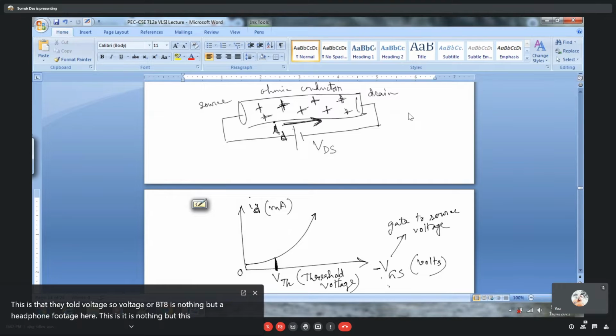So what is drain current? It is ID, in milliamperes. Now, this drain current can only flow if you provide this gate to source potential, because for an ohmic conductor we know if there is a potential difference between two ends of the conductor, then only there is a current flow, otherwise there is no current flow. So you need to provide a gate to source potential. So you can get this curve provided VDS is a constant value.